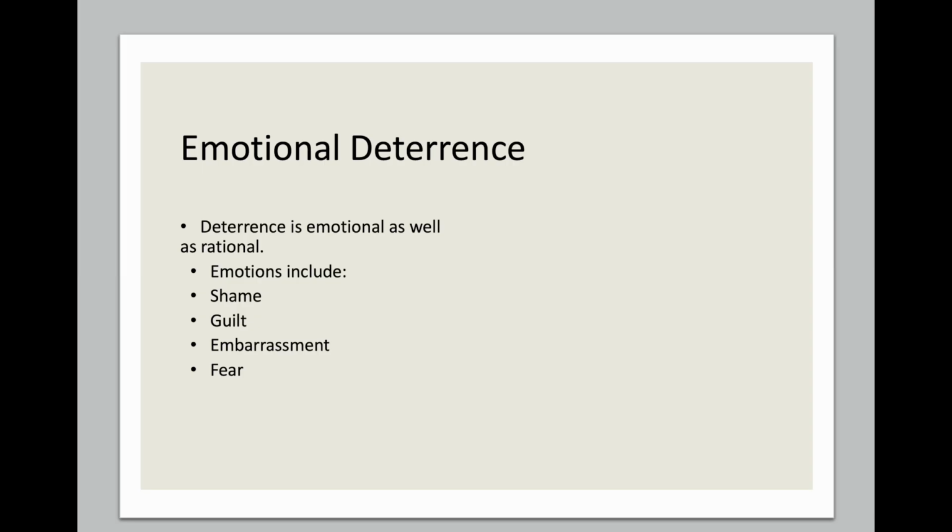Now, emotional deterrence also overlaps with procedural justice and legitimacy research. People may comply with the law not simply because they fear punishment, but because they value social approval, moral identity, and legitimacy. This complicates purely instrumental deterrence models. Again, this does not invalidate deterrence theory as a whole, though. Rather, it's more expanding our understanding of how deterrence may operate psychologically.